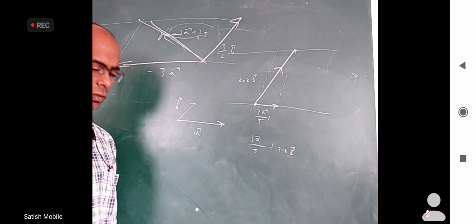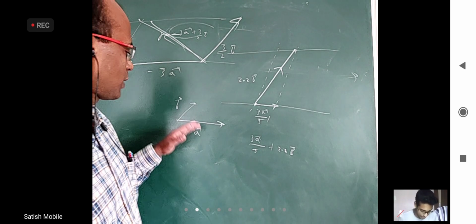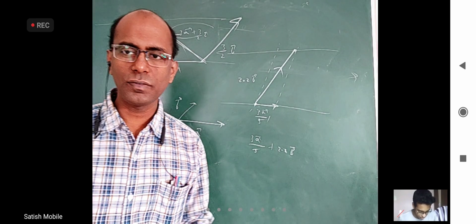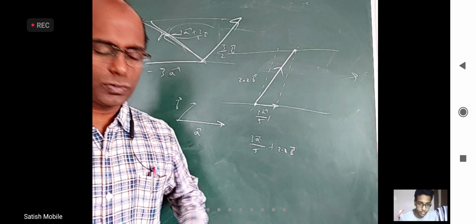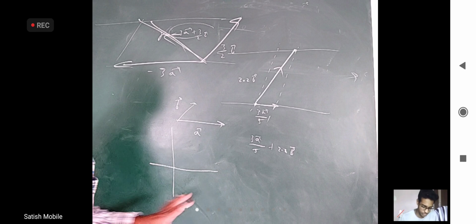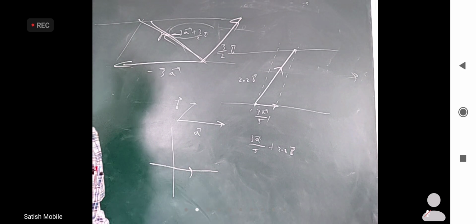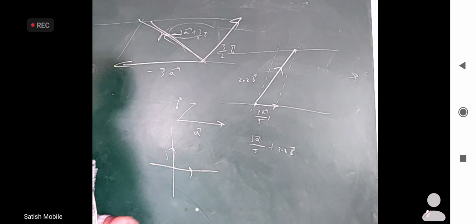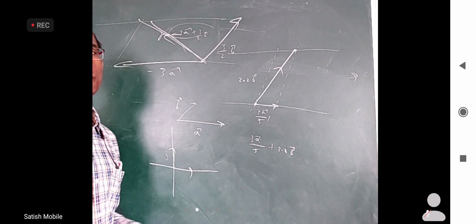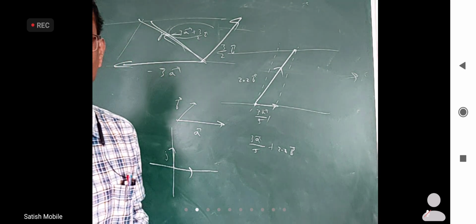And almost the same statement: any vector in this plane can be expressed as some real number into a bar and some real number into b bar, without any exception. Now this is the main reason why we use i and j. One may ask why they have to talk about i and j. If you want to talk about all the vectors in the xy plane, let us fix two vectors. One we fix as a unit vector along the x axis, another we fix as a unit vector along the y axis. Now we can see every other vector will be some multiple of i plus some multiple of j. That's why the general vector in the 2D plane we call xi plus yj. Is it clear?